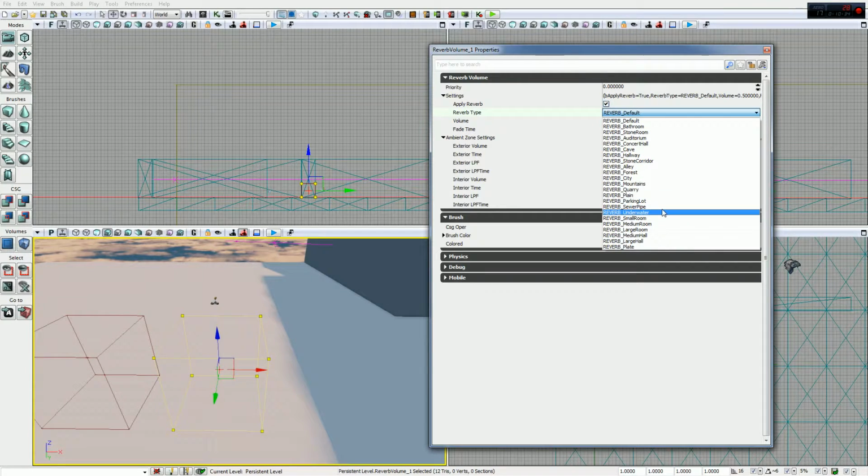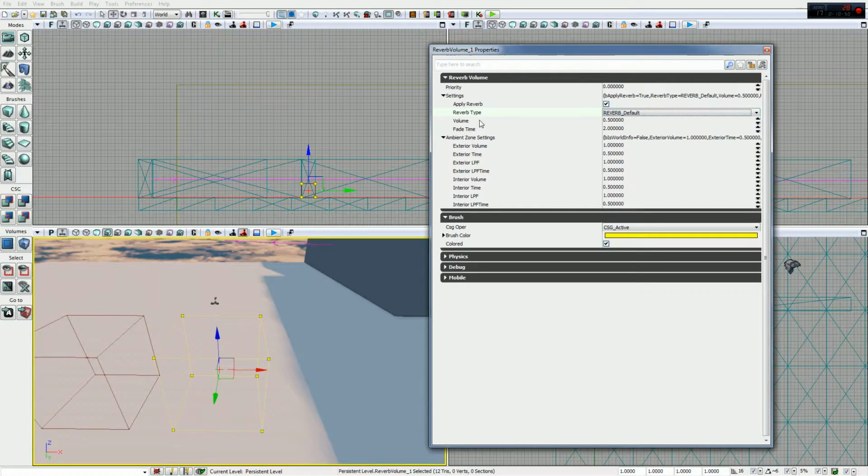And I'll let you hear a sample of this. I'll have to twiddle around with it and get it to fit within a certain radius so you can hear this. I don't want to just do this on camera. But anyway, you can give it whatever kind of reverb you want. The volume of the sound, and then the fade time. So,